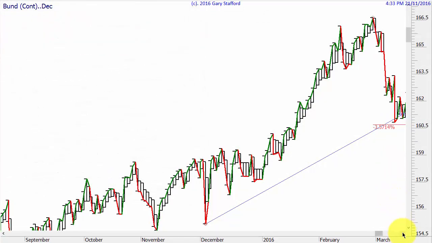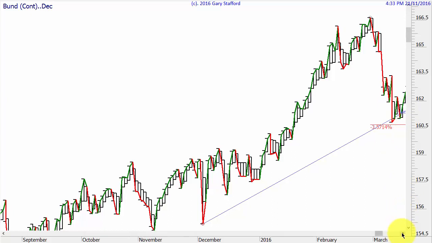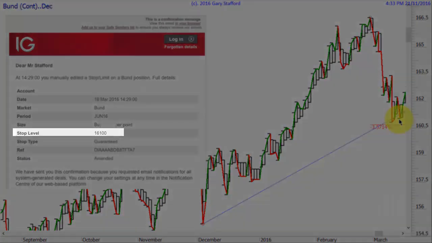Now the next day it goes up and you can see the line's now gone to green. Now you can move your stop losses too soon, so I decided not to move my stop loss below this new trend indicator line bottom where it's gone from red to green. Now the next day it gapped up and I moved my stop loss from below this low to below this low to reduce my loss if it went against me.